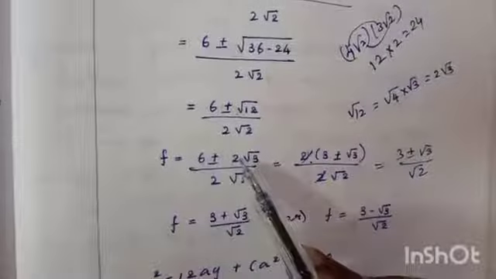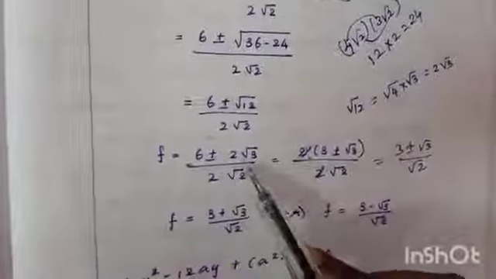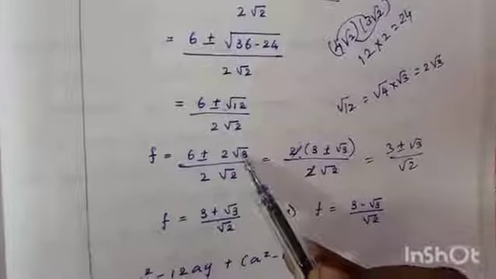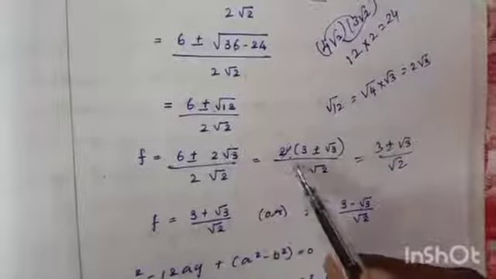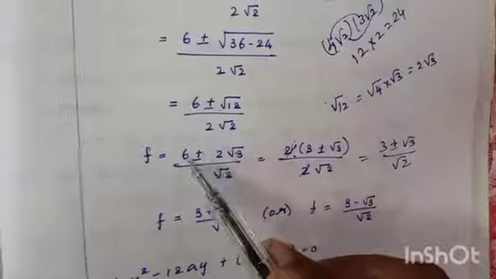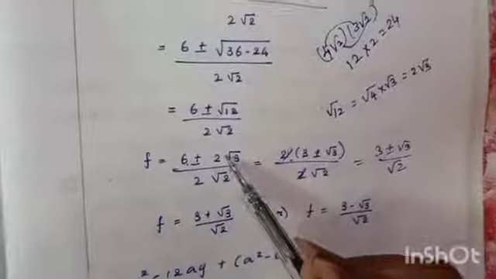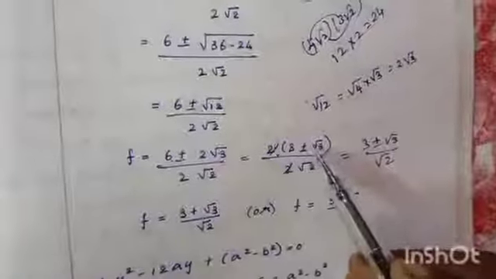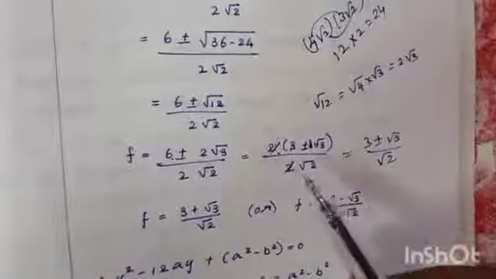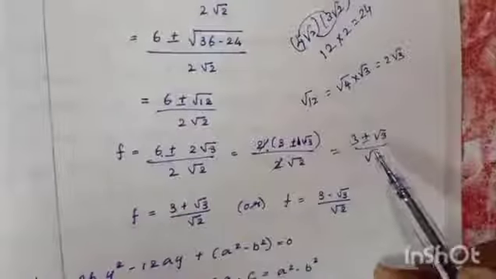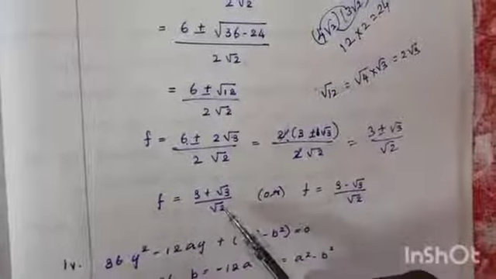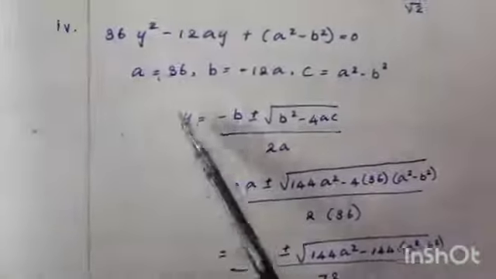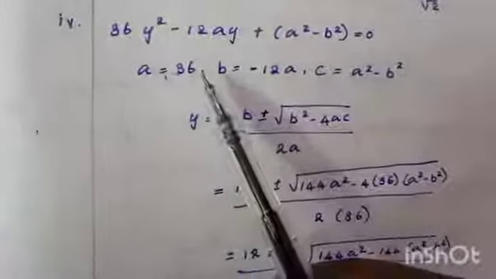For 6 plus or minus 2 root 3, in these two, common terms are there, you have to take them outside. 2 is common, so you take it outside, which is remaining 3. It is written as 2 into 3. 2 is taken outside, so it is 1. Here the coefficient is 1. So this is written as 3 plus or minus root 3 by root 2. Then we have to write the values separately, plus value and minus value. Third question, find it yourself, it is like the first and second problems.